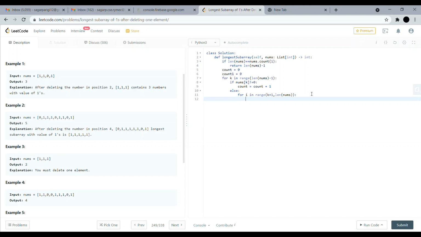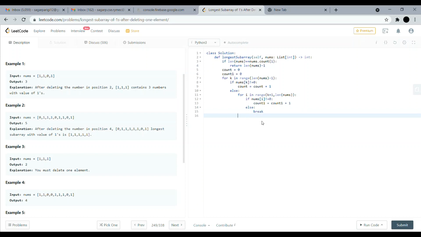Yeah, from k plus 1, same here again. If nums of i is not equal to 0, then I'll have to increase this count. Yeah, if I see 0, wait, I have seen 1 as I have kept the counter, the counter increased to 2, and I'll see 0, then I'll traverse from here to here, and again if I see 0 after this, then I just have to break the loop. 2 is the max, then I'll move the pointer to this. Okay, simple. Else I'll just break this.